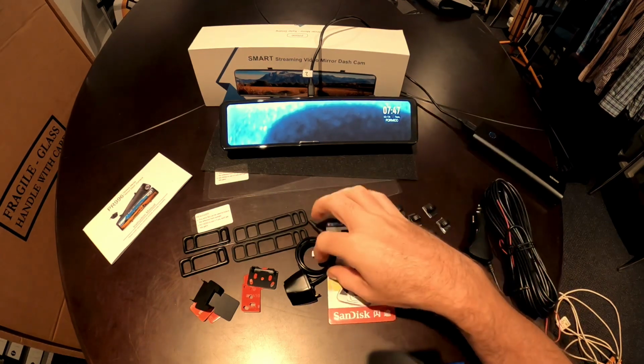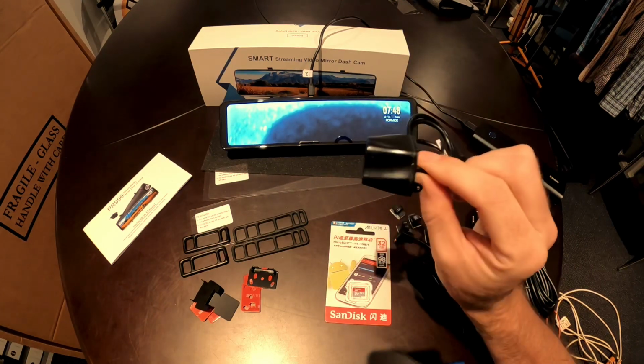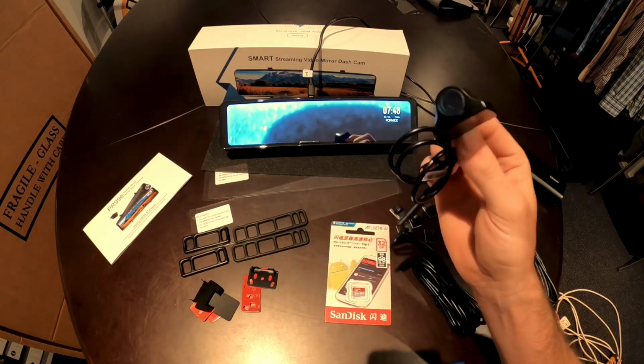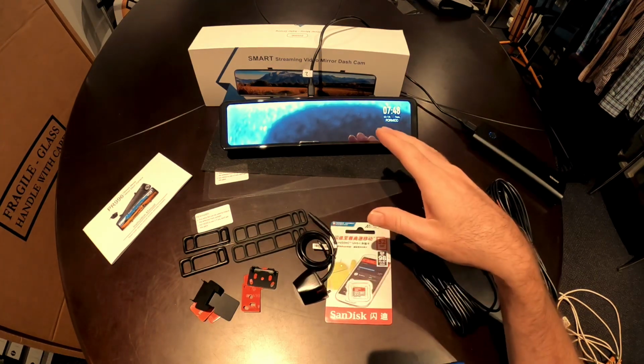Just touching on the rear camera, yes, it doesn't seem to be as good, but it is in a full IP69K waterproof housing, so that is perfect for the outside of a vehicle or anything that's going to be getting mucky, dirty, and so on. It has got a few features like most of these things. So it's got the Starlight night vision,